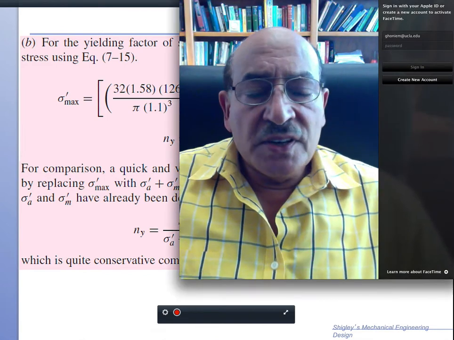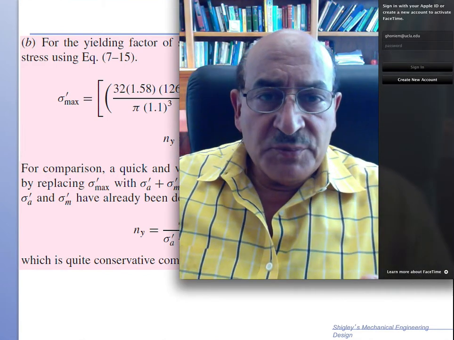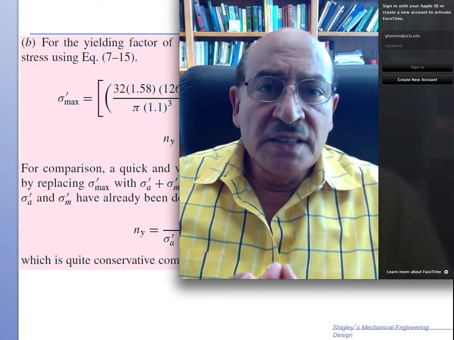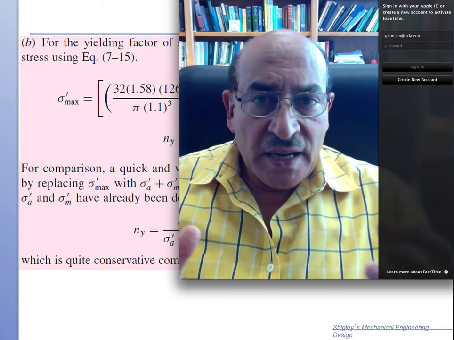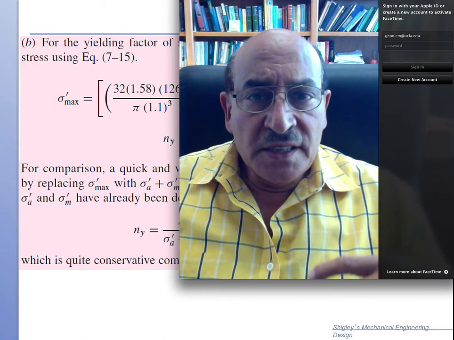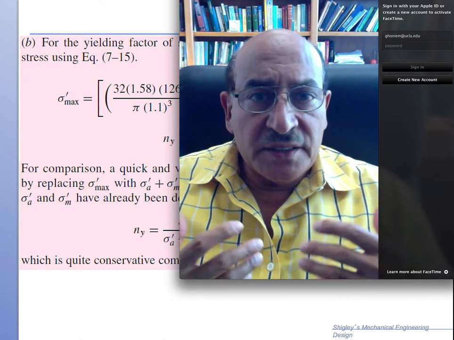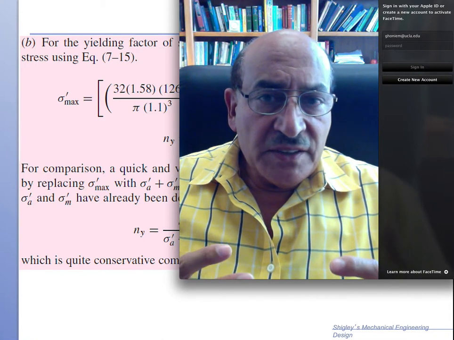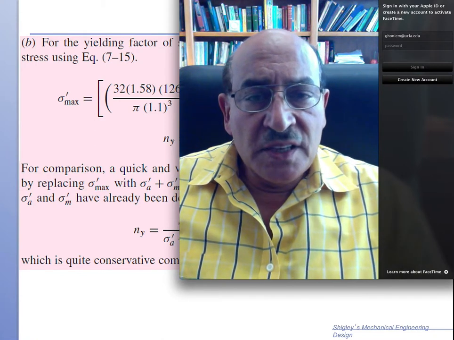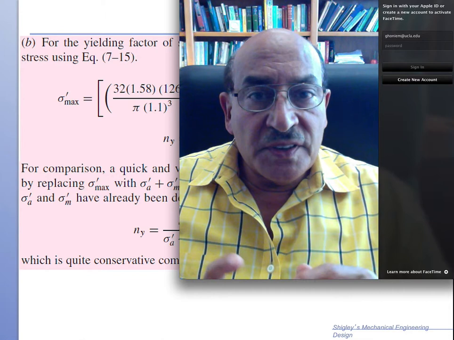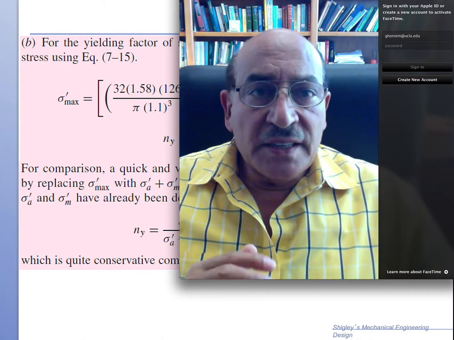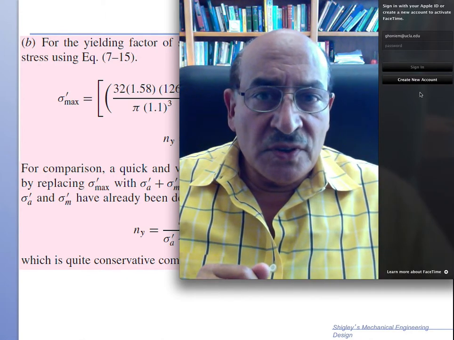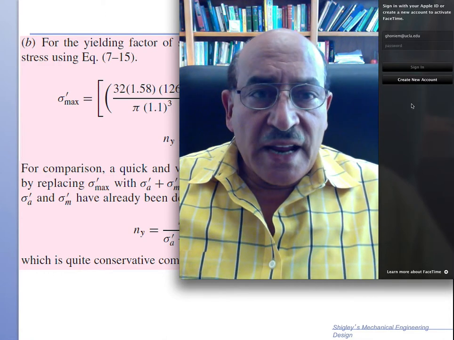So now this is a complete example for just the initial shaft design where we have combined axial, bending, and torsional loading, and we have alternating and mean values in order for us to design the shaft for an infinite life. In the next lectures, we will go more into other aspects of shaft